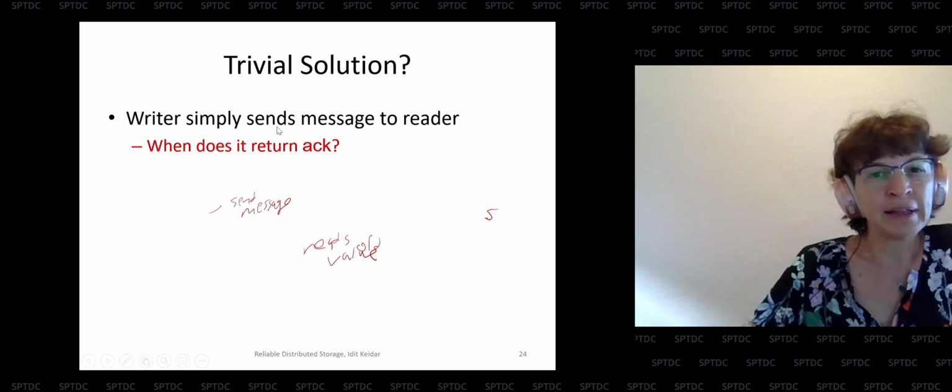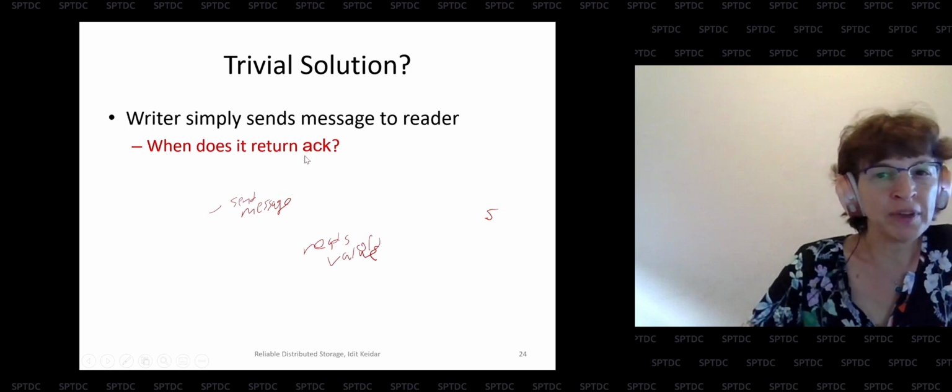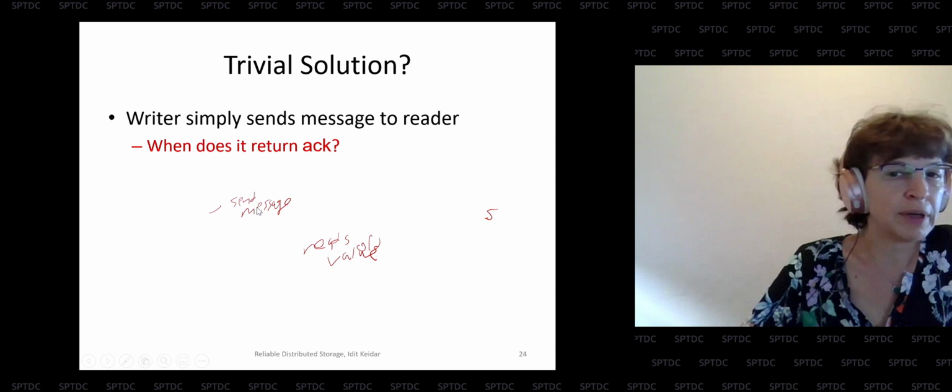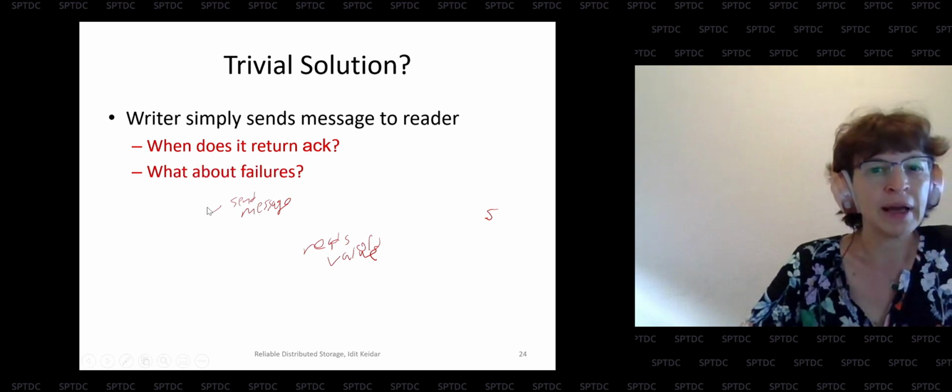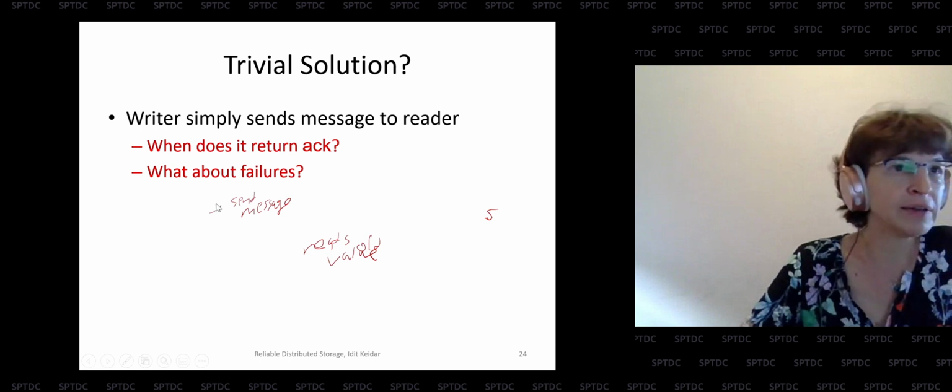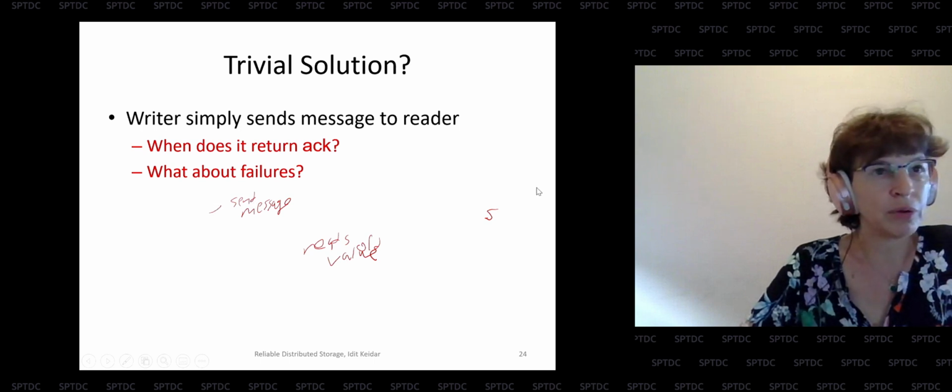So the thing is that if the writer simply sends a message to the reader and returns an ACK right away, we're going to violate linearizability. And if it wants to wait for an ACK, then the writer will